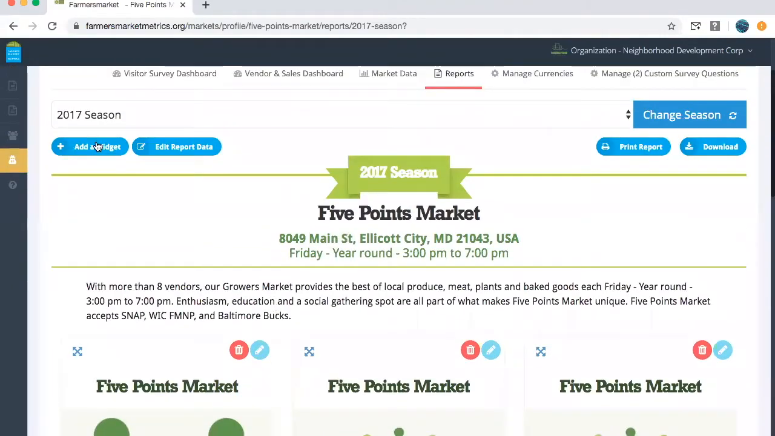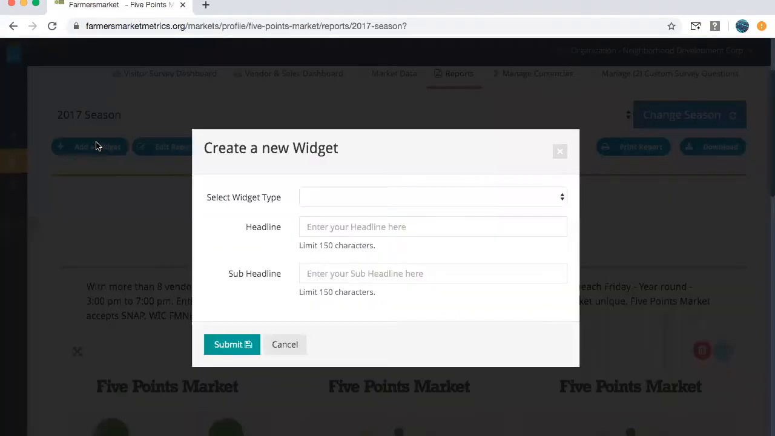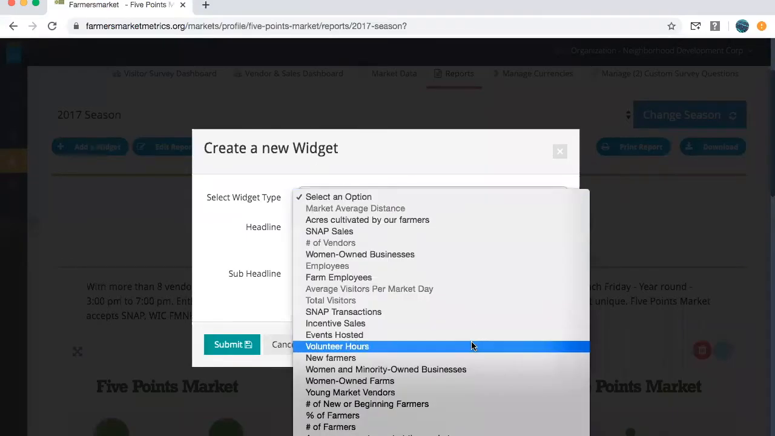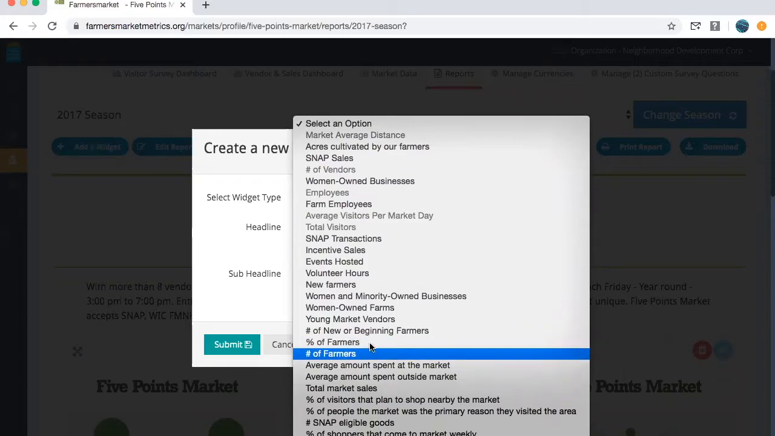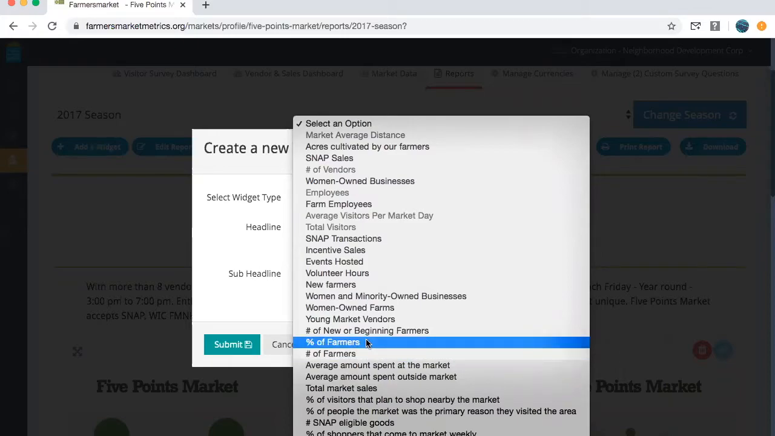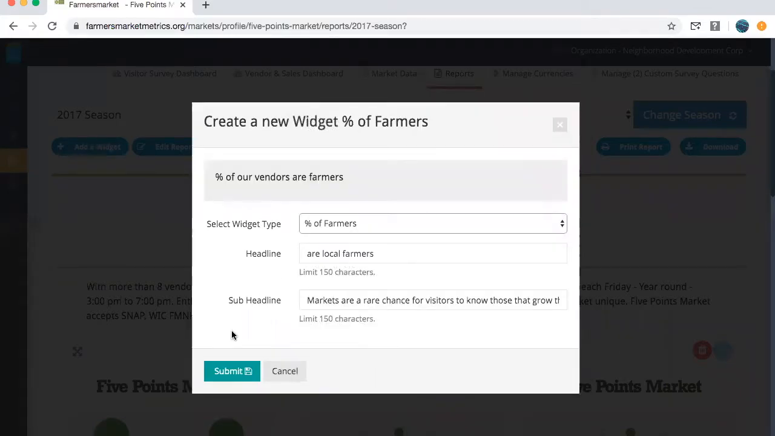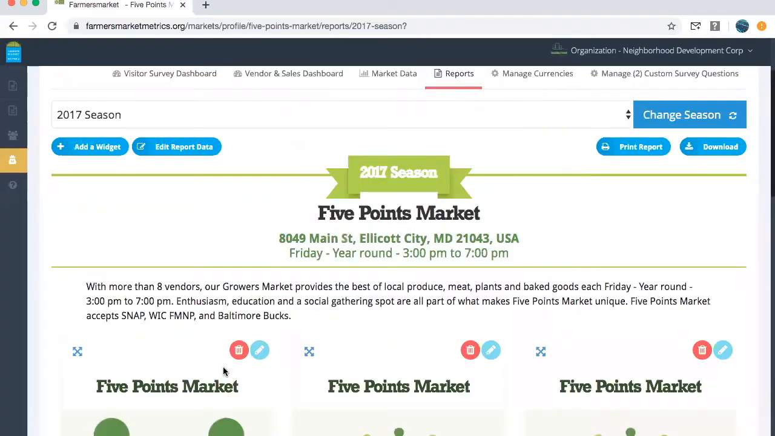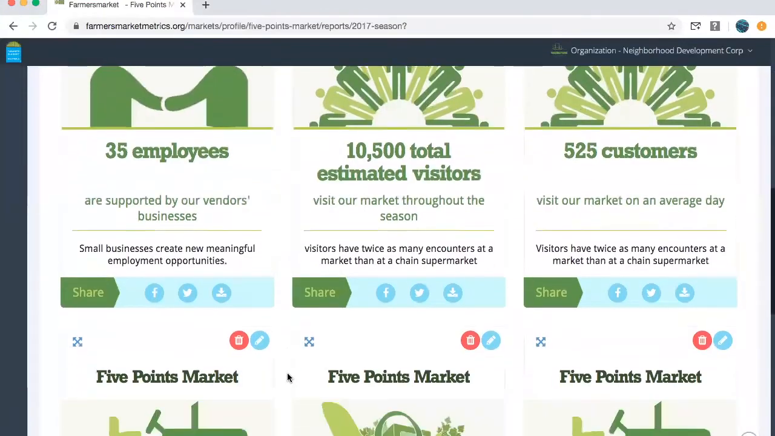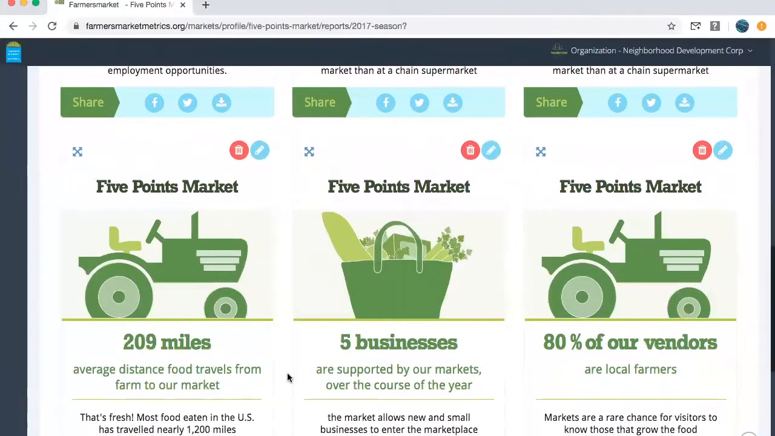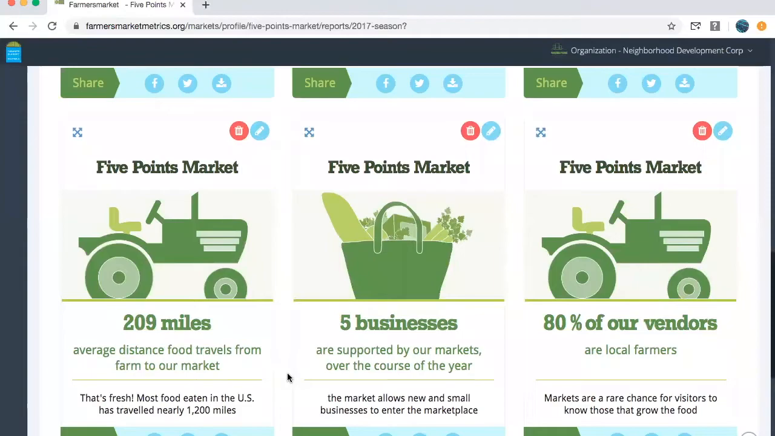And I'm going to add 1 more widget. I'm going to go to the drop-down menu and I am going to select the percentage of our vendors who are farmers and submit. So now I want to organize these widgets so that the information about vendors is at the top